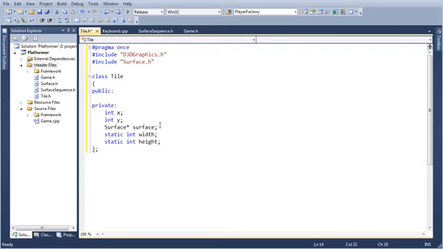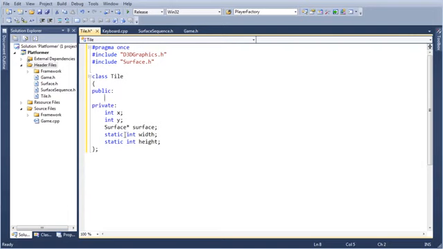height. And what that means is that, I think I've said this before, but these width and height will be shared among all tile objects, which is fine as long as you're happy with the limitation of all your tiles must have the same width and height. And we are happy with that limitation. That is how we're going to roll in this game.